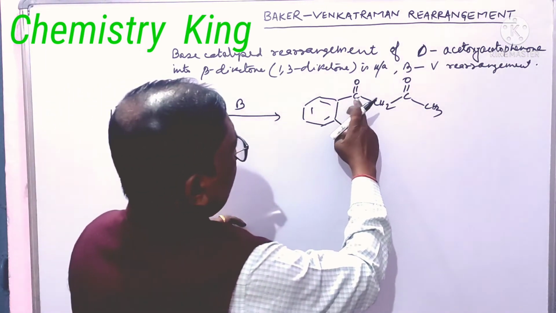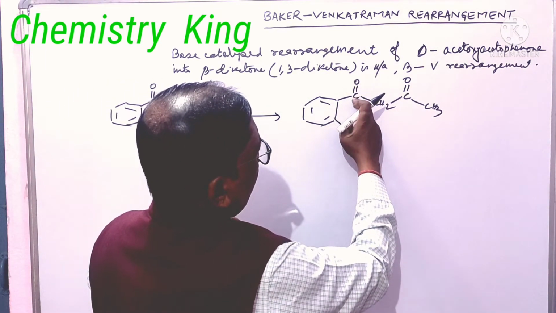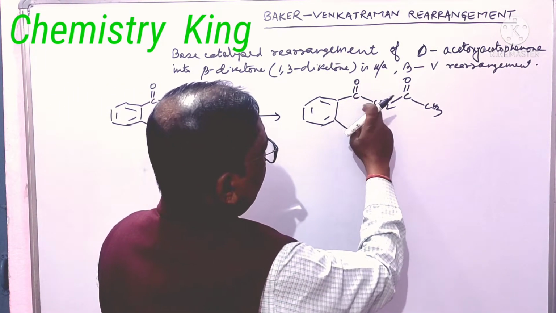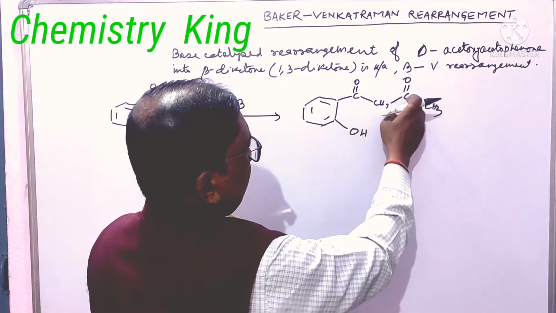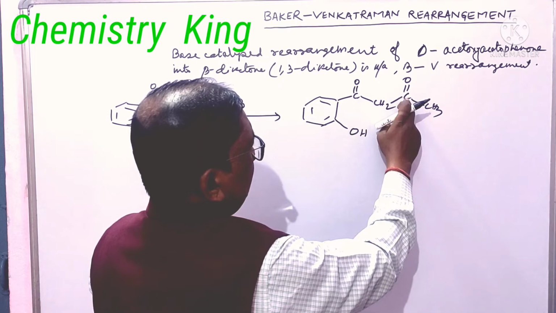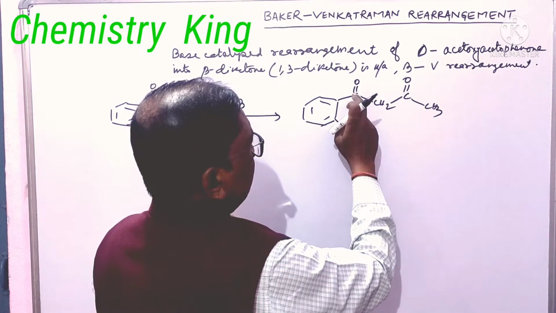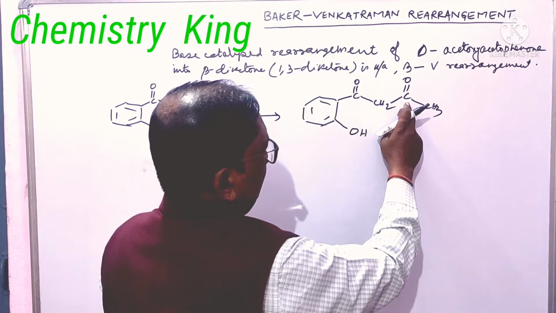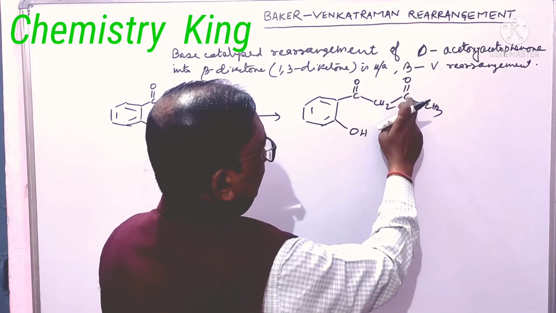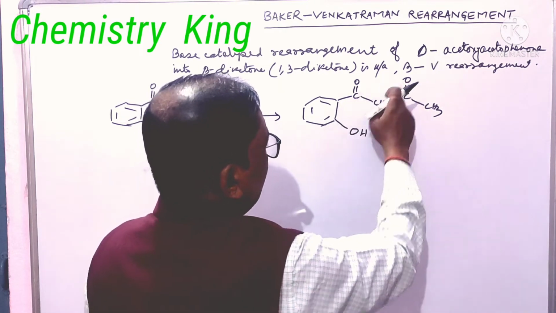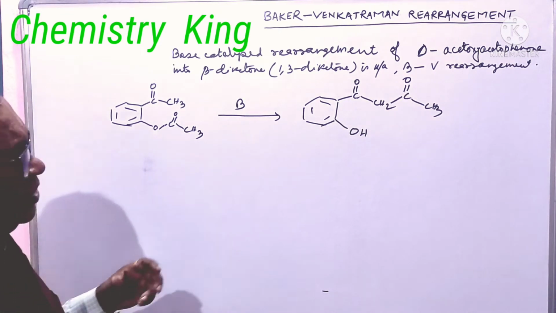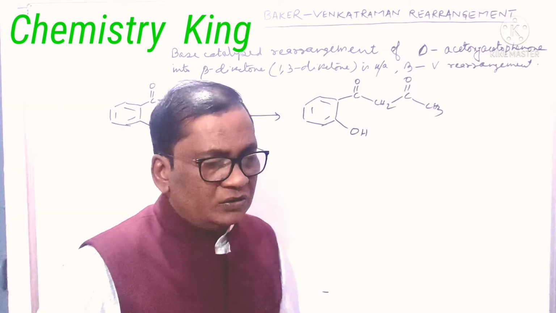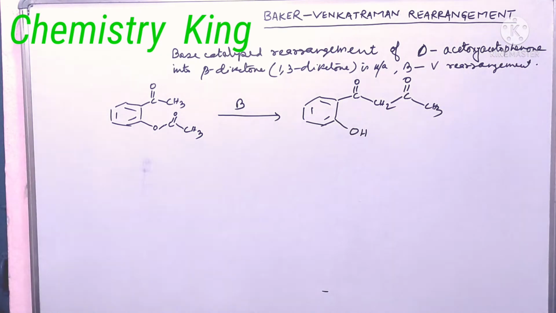And this is the functional group, and with respect to this, it is alpha, it is beta. Means beta diketone. It is beta to this, and it is beta to this. Or you can say 1, 2, 3, two ketone groups are at 1 and 3 positions. So it is called beta diketone or 1,3-diketone. Okay.